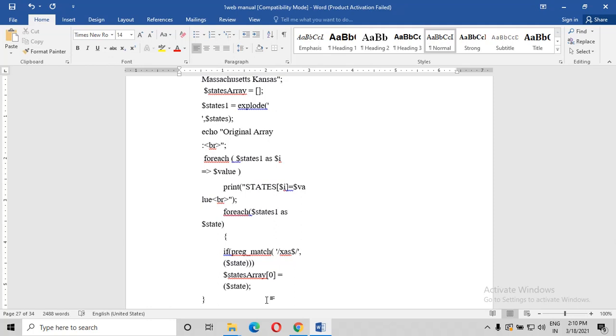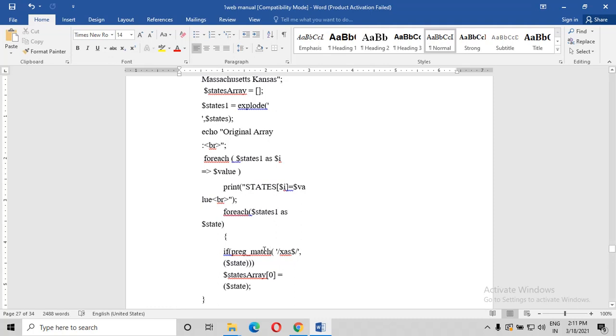First thing you have to remember is one more function called preg_match. preg_match is a PHP function which is used to perform pattern matching in PHP on a string. Whenever you want to match with something, preg_match is used. We call it a PHP function. Again, it is used to perform pattern matching in PHP on a string. So we are going to use this.